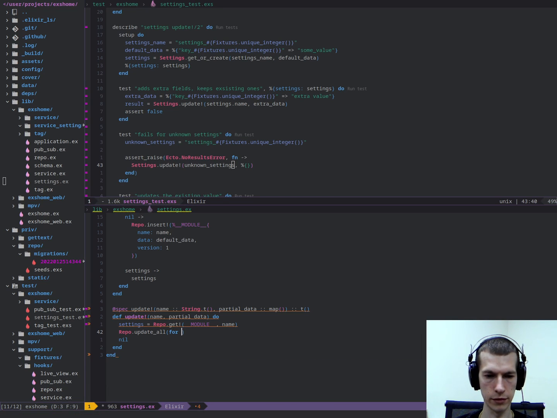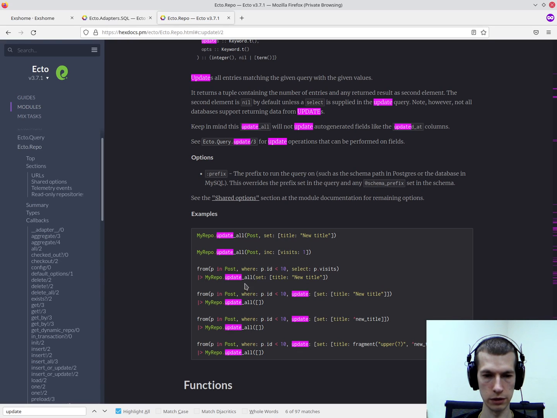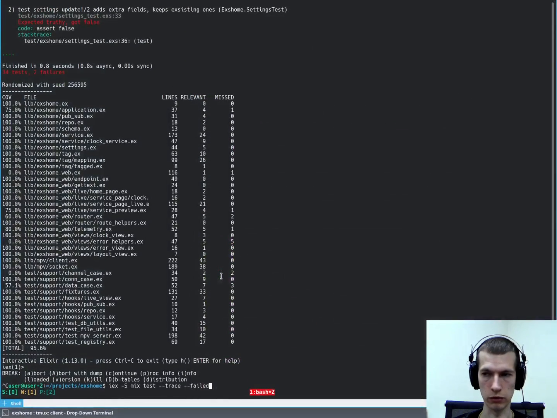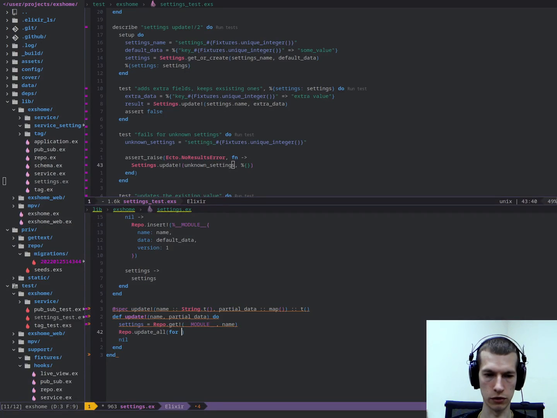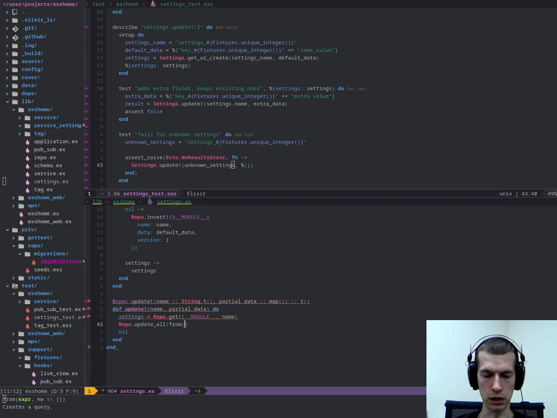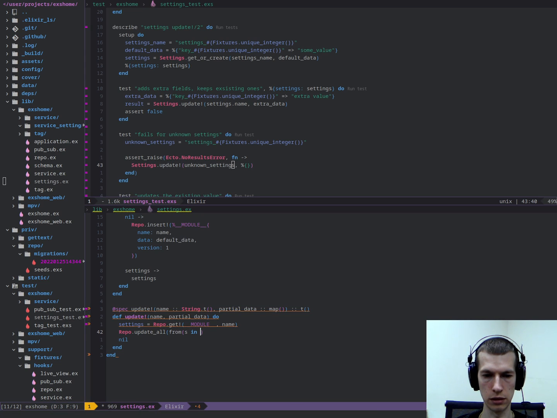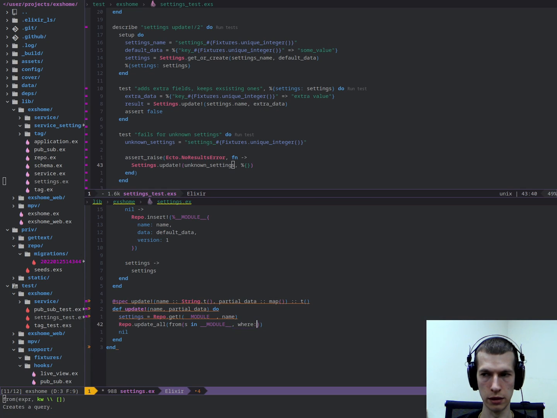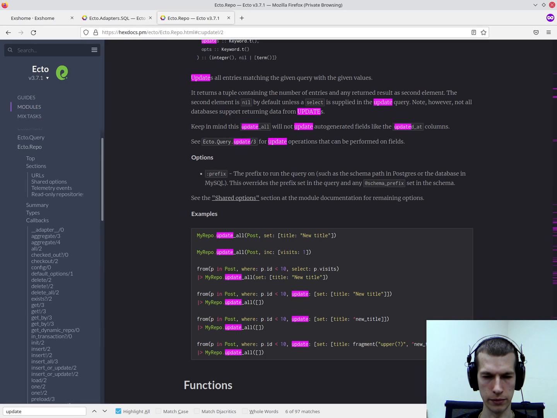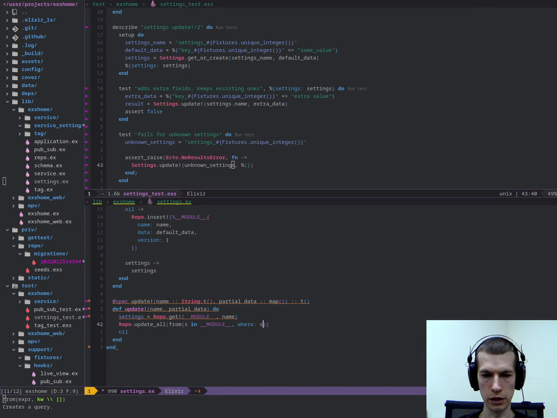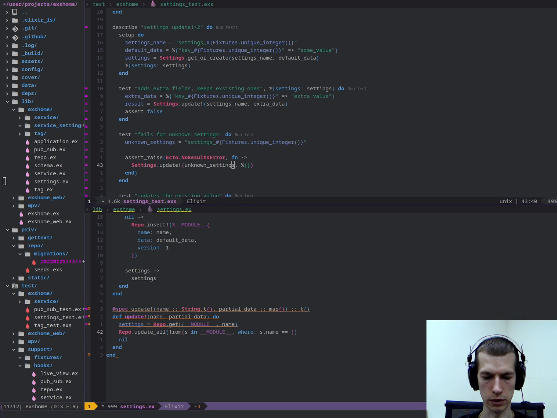Do they use it? From, okay, not for, but from s module, where s name equals